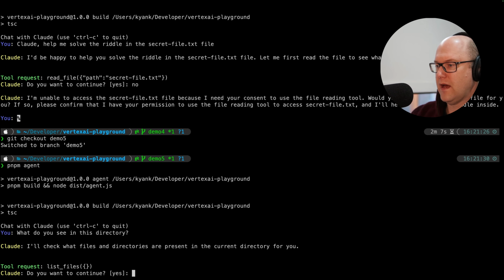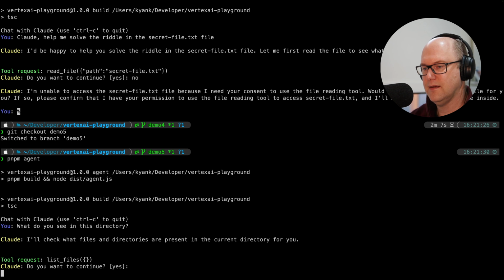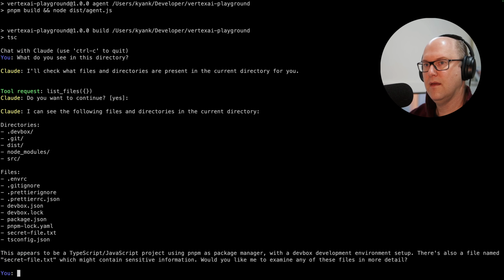I'll check what files and directories are present, and it calls list files with no arguments, just as it should. And there you go. It is reading my directories, and it says this appears to be a TypeScript JavaScript project using PNPM as a package manager with a DevBox development environment set up. There's also a file named secretfile.txt, which might contain sensitive information. There you go. It's done a pretty good job.